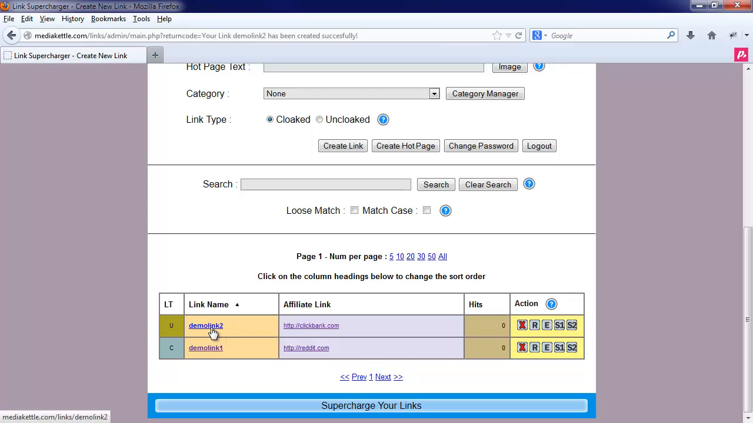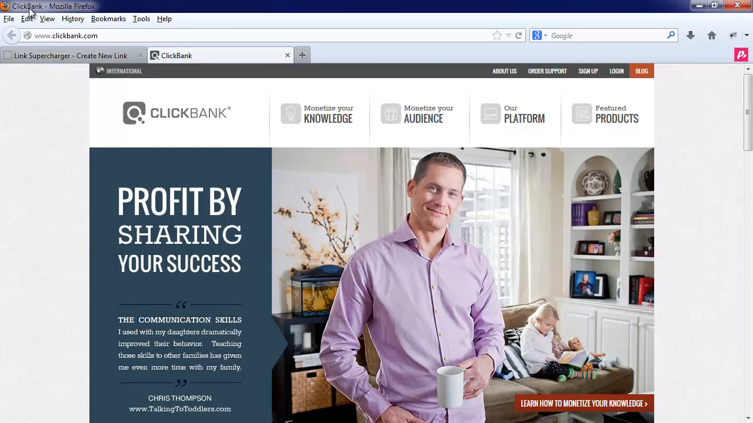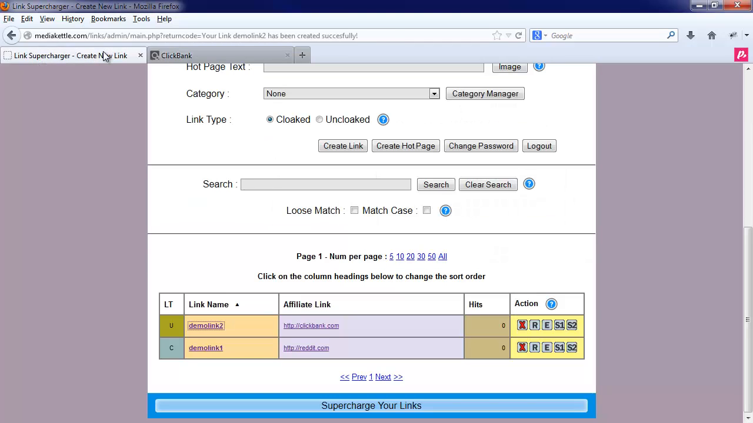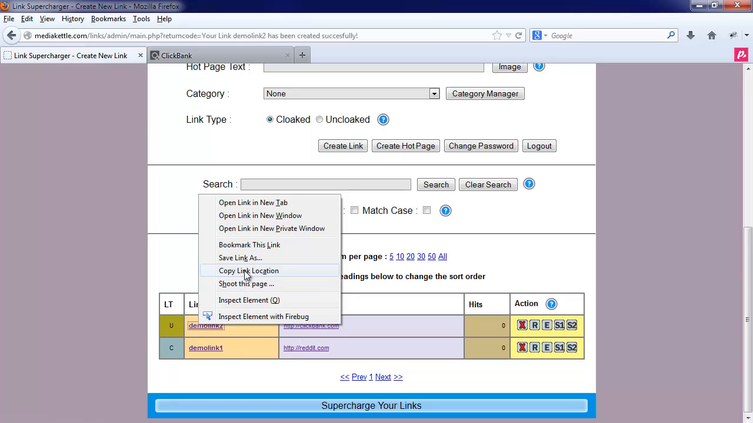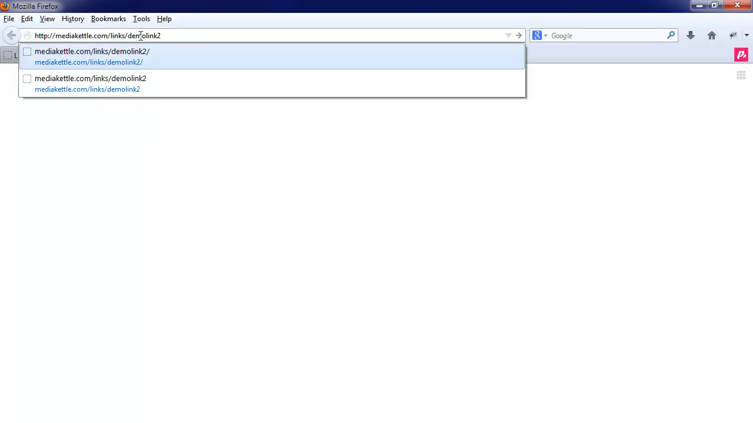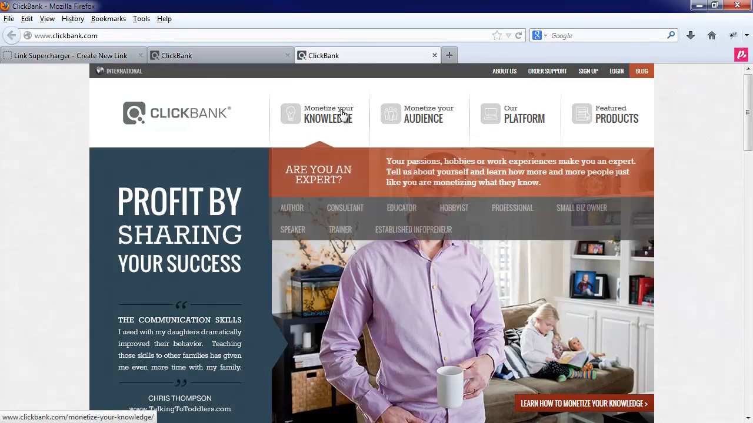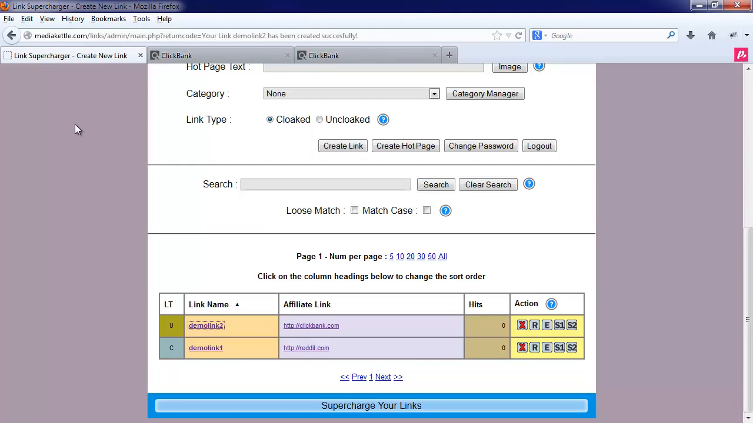If we click this uncloaked link, a new window will open, and as you can see, the page title is ClickBank's own, the address in the URL bar is ClickBank's own. That's because we've created an uncloaked link. However, the beauty of an uncloaked link is the link that you give to people is still your redirected link. So let's copy this link location and paste it in there. You'll see it's MediaCandle.com links demo link 2. And if you go to that link, it will take you to ClickBank. Let's close these tabs